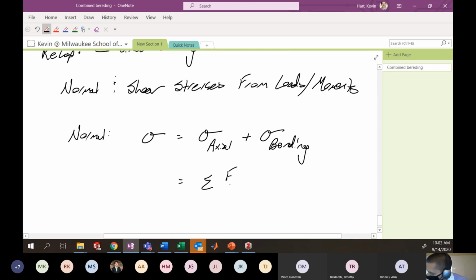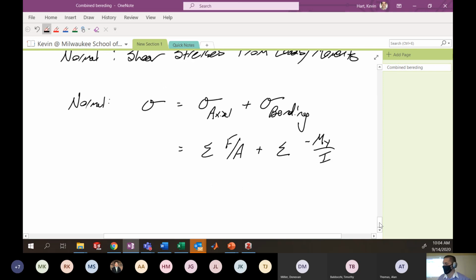So the summation of this first equation that you learned in your 2004 class, which is F over A or P over A, the axial load divided by the cross-sectional area, plus the summation of what you might get from bending a particular cross-section, which would be plus the summation of My over I, or sometimes seen as negative My over I. We'll talk about directionality a little more later in the class. These summations indicate that you are looking at each one of these individual forces and moments separately, and then adding up all of their contributions to determine the total normal stress at some particular point in your piece. And the shear stress,